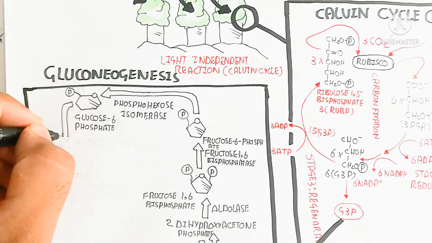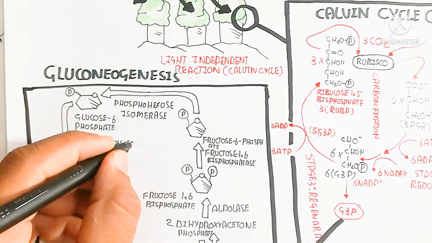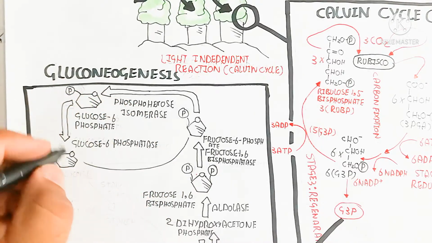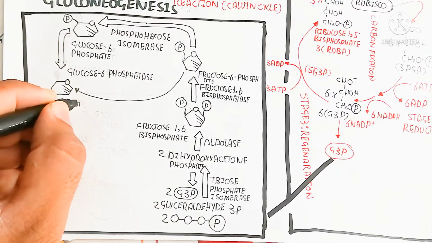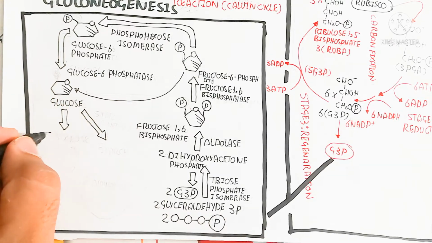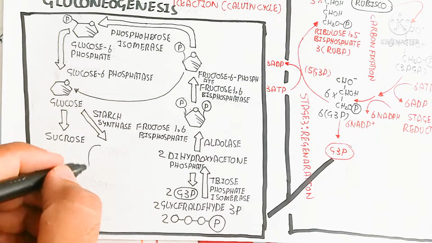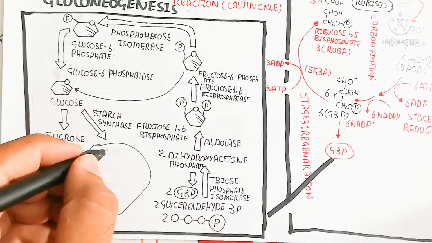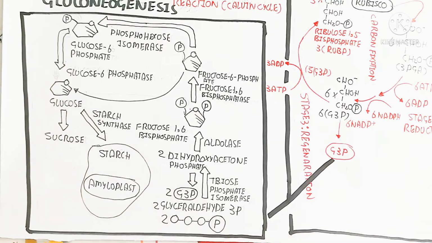This glucose 6 phosphate will produce simple glucose because the glucose 6 phosphatase enzyme is used, and here you can see it can also be produced directly from fructose 6 phosphate. This glucose will be converted into sucrose, and the starch synthase enzyme is used to produce starch in the amyloplast, and